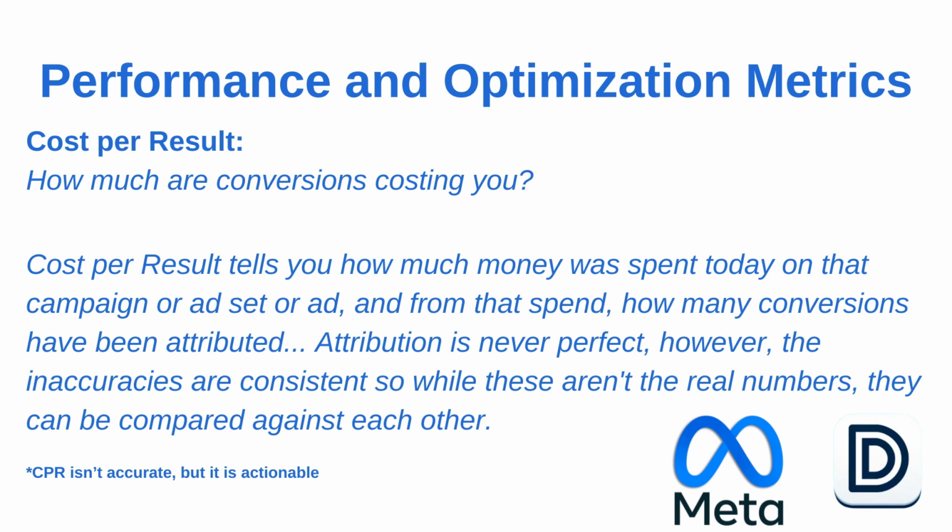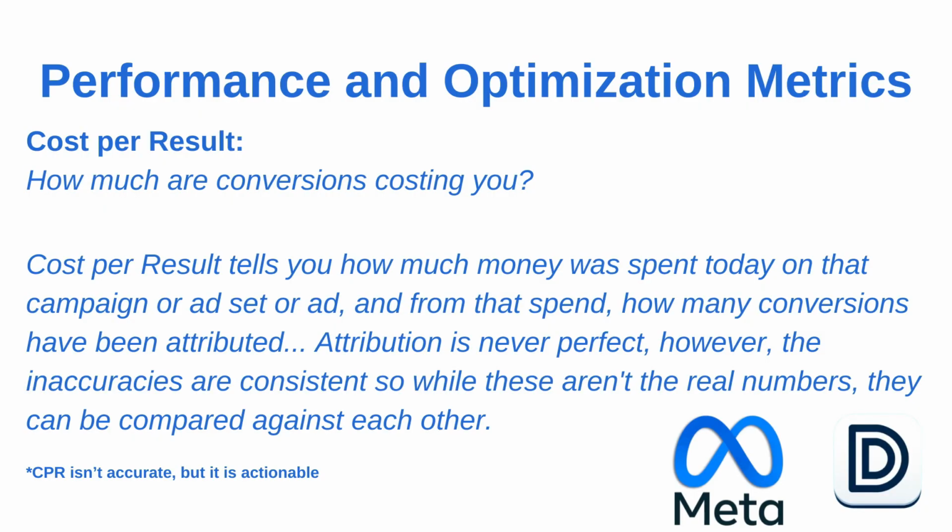Cost per result tells you how much money was spent today on that campaign or ad set or ad, and from that spend, how many conversions have been attributed. Now, the best practice here is to remember that attribution is never perfect. However, the inaccuracies are consistent, so while these aren't the real numbers, they can be compared against each other. Remember, CPR isn't accurate, but it